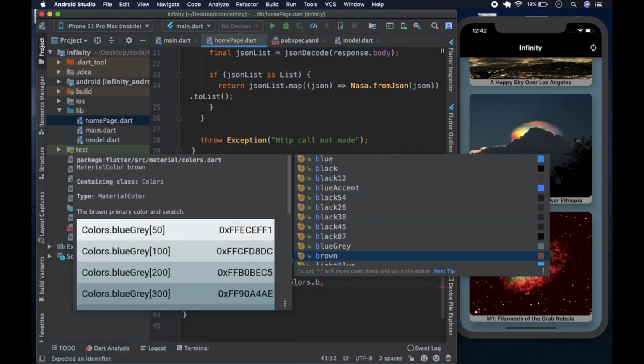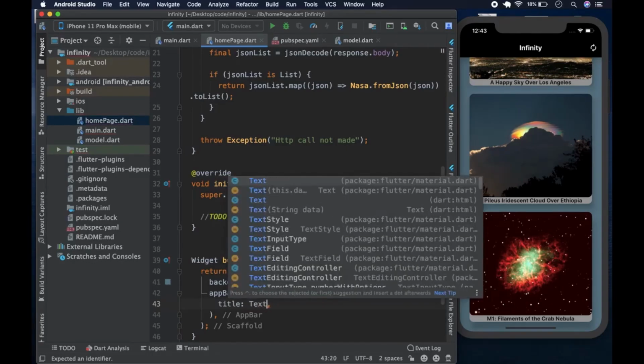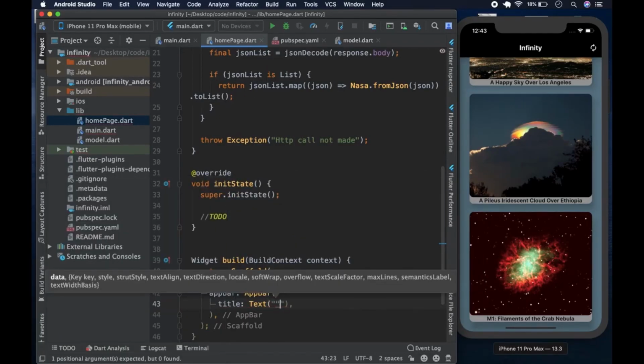It's this one. It's called colors dot blue gray, like so. That's the colors dot blue gray. Then we add the app bar. The app bar is going to be app bar, like so, and the title is going to be the text. The text is going to be